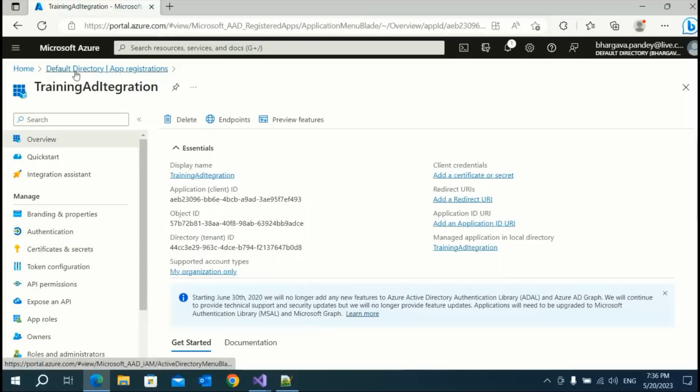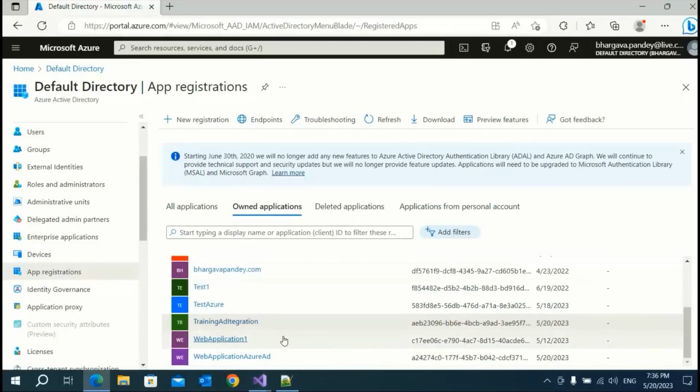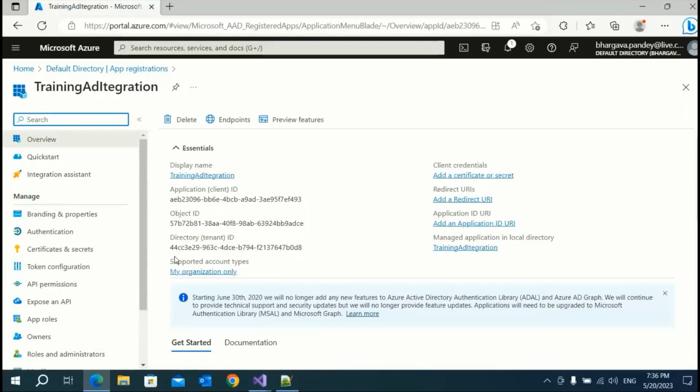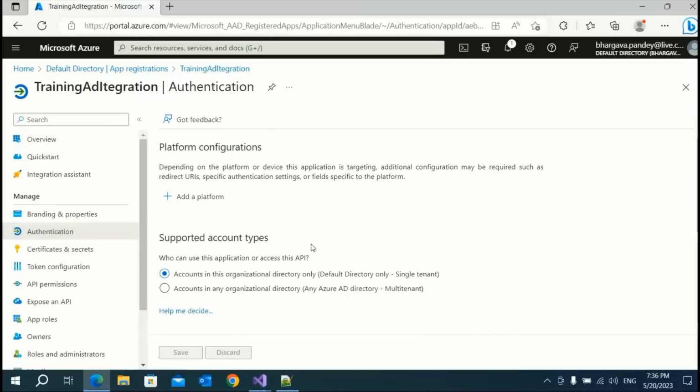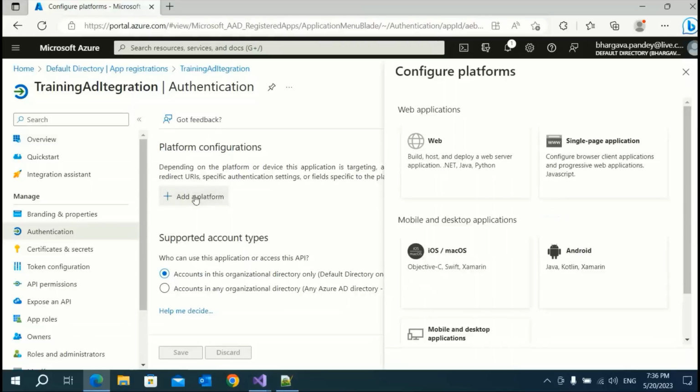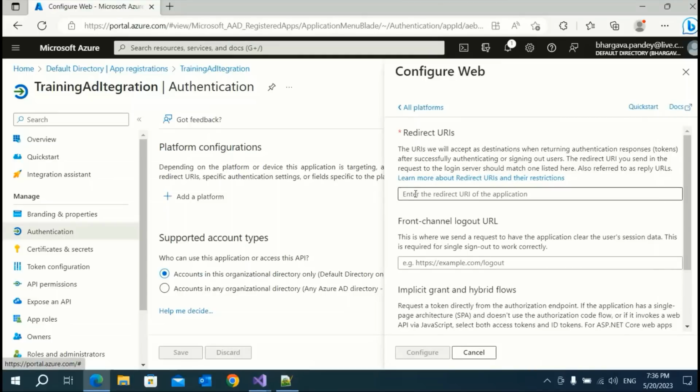Open your application and go to the authentication. Here you have to add those two URLs, which are called the sign-in URL and the callback URL. So click on add platform. Currently you are going to use web, so click on web, and here you have to use